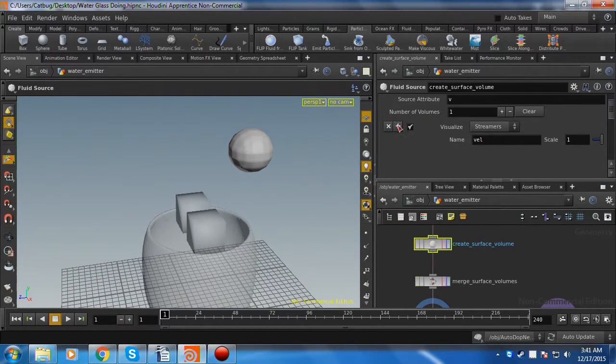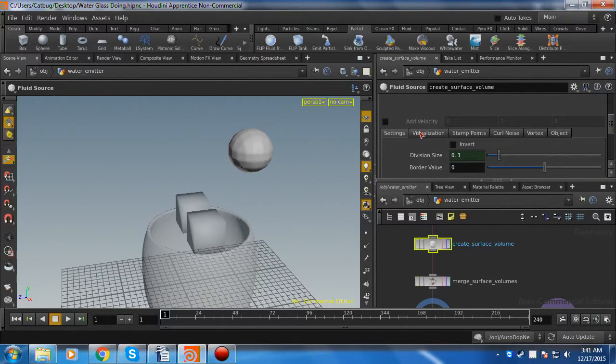And then scroll down to the velocity checkbox. Then you're gonna click that checkbox, and then you're gonna see these little rainbow lines coming out from your water emitter. You're gonna want to change the numbers to make them kind of flow diagonally into your cup, but we